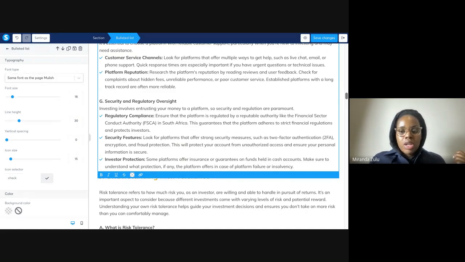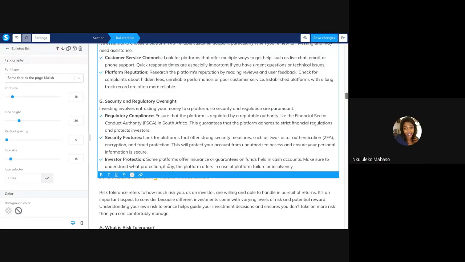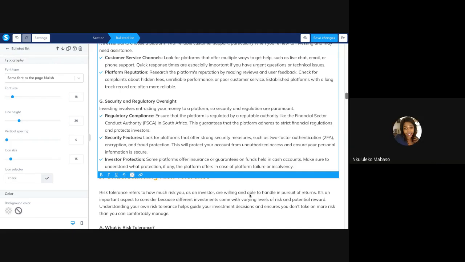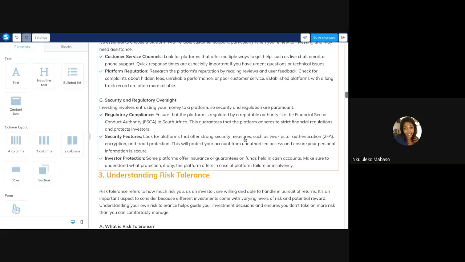Just for fraud protection, I have heard instances of fraud protection on some accounts, not with Easy Equities. I forgot what the investment platform was, but it was a whole thing on Twitter a few years ago. That's why it's important to make sure the platform prioritizes security. I become nervous with online platforms. I'm just so traditional that I want to see a bank branch that I can walk into and have someone help.